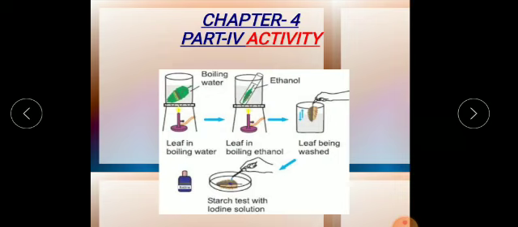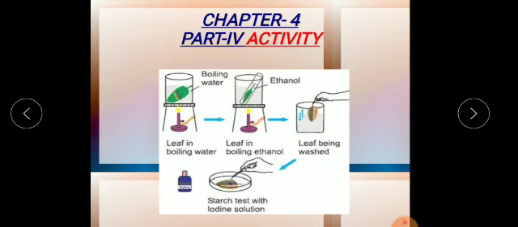So what will happen when we boil it in the alcohol? It will remove all the chlorophyll, all the green part that contains the chlorophyll. Here you can see the full leaf is green in color. So what the alcohol will do is decolorize the leaf. It will remove all the green color from the leaf. Then the next step is